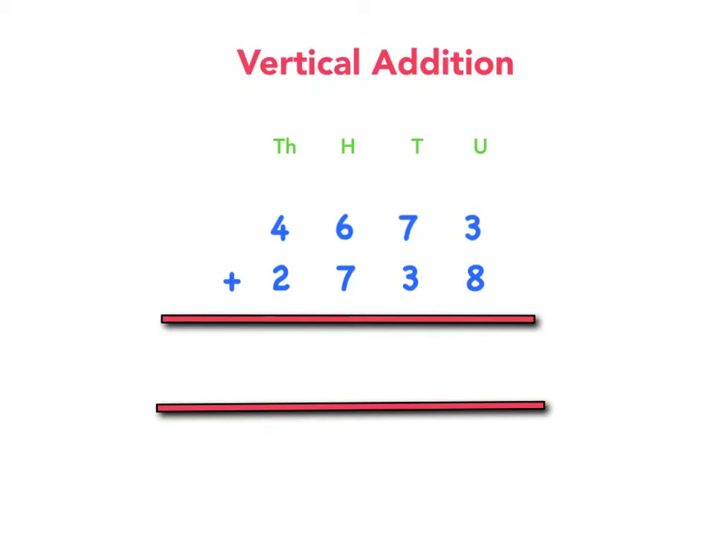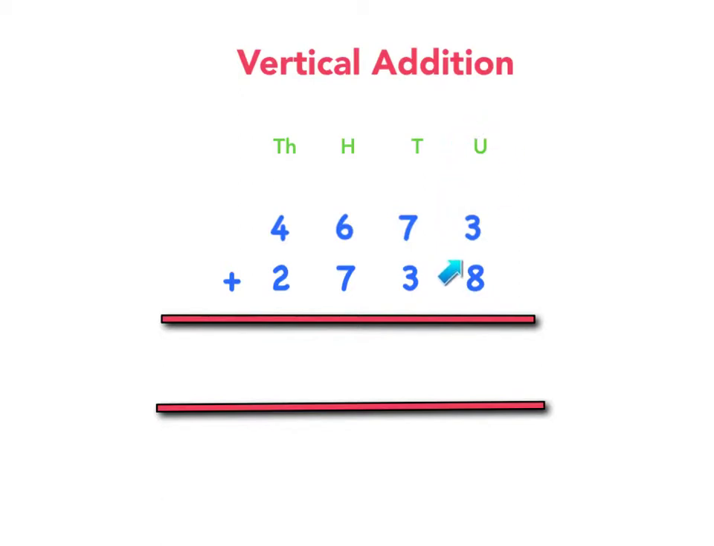Hi guys, today we are going to look at vertical addition. In the problem that I have here, you can see that we have 4,673 plus 2,738. In vertical addition, you need to organise the numbers, the digits, so that they are under each other in